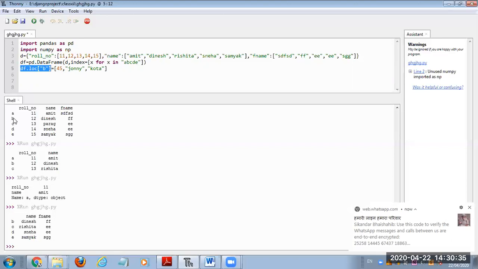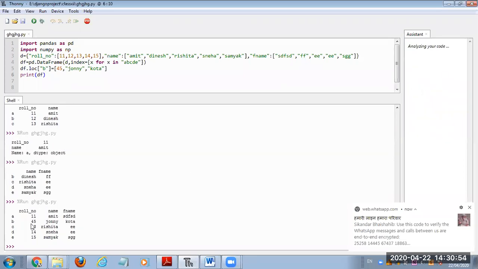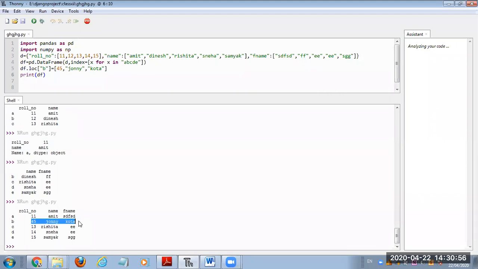This location means these three values: 12, Dinesh, FF. I want to modify these three values by this 45, Johnny, quota. Then suppose I am printing df. Let's see. So you can see these three things are modified by your customized values, that is 45, Johnny, quota.